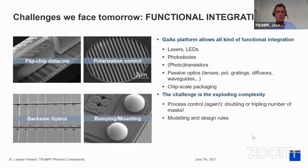Well, if you integrate additional functions, then it's again about process control, which is very important and remains important. But it's also the increased complexity. We are easily doubling or tripling the number of masks that we are employing. And if you have so many functions on the same chip, then there's just no way you can do this just by hand waving design rules. But what we need is design rules for the manufacturing, but also for the device properties and